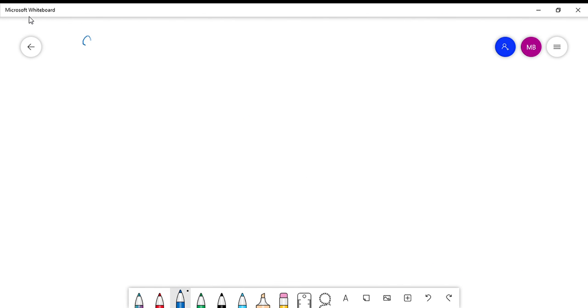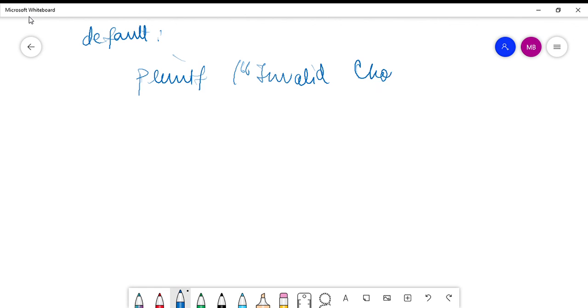Any choice other than 1, 2, 3, 4, if the user types, the control will go to the default case where it will say printf invalid choice. So your choice is invalid because I provided you with 4 options, 1, 2, 3, 4. You chose none, rather you gave some other number. So that is an invalid choice.